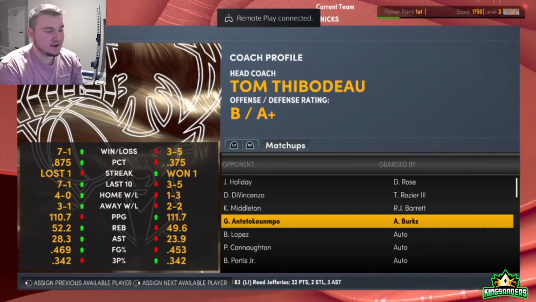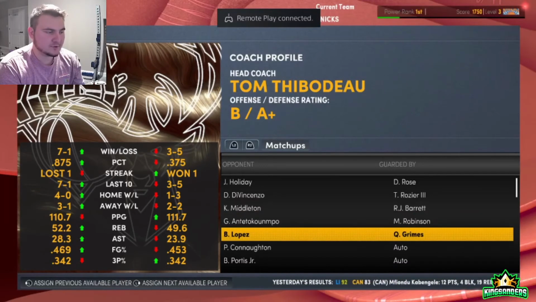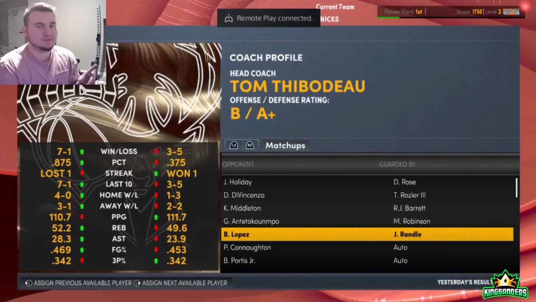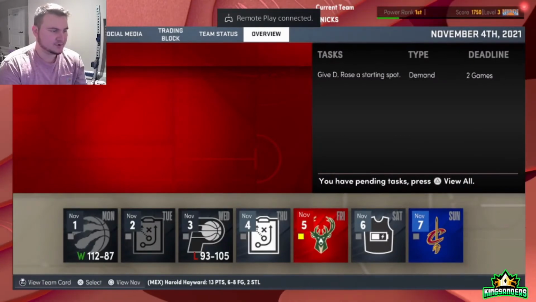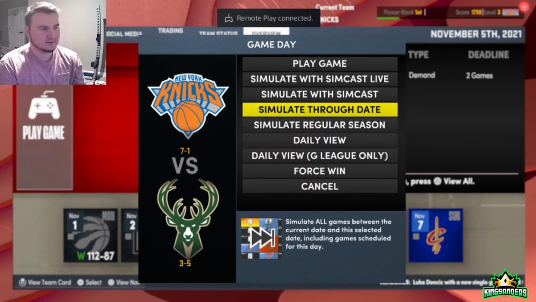I think that Giannis is going to have an absolute field day on Julius Randle. Actually, why don't we do this? We'll put Mitchell Robinson on Giannis, and we will put Julius Randle on Brook Lopez. I feel like that's going to be better. Just overall, I feel like that's a much better move. So we are going to go ahead and simulate through the date, and we're going to simulate the game, and